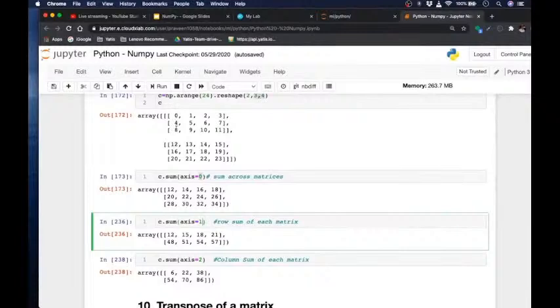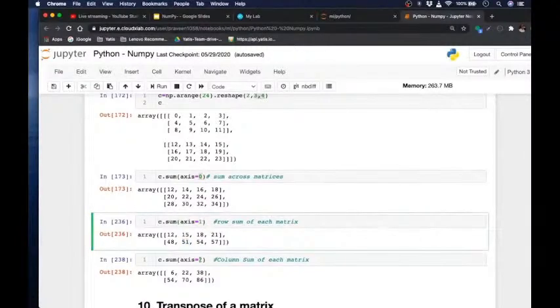So 0, 4, and 8 I've summed, I've got 12 here. 12, 16, 20 I've summed, I've got 48 here. 1, 5, 9 I summed, so 1 plus 5 plus 9, that's 15, which is over here. 13, 17, 21 I sum, that's 51, that is over here. So you can see the summing is happening across the rows, because that's what I've said, that's a row